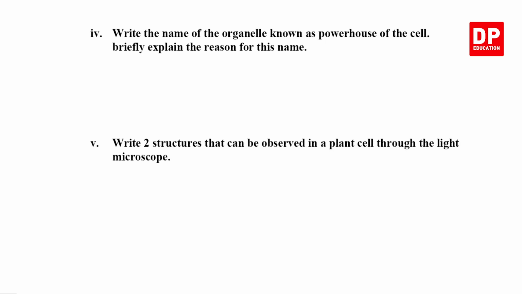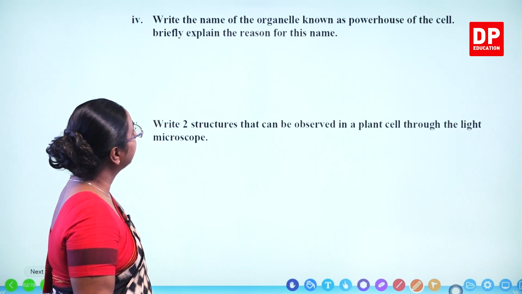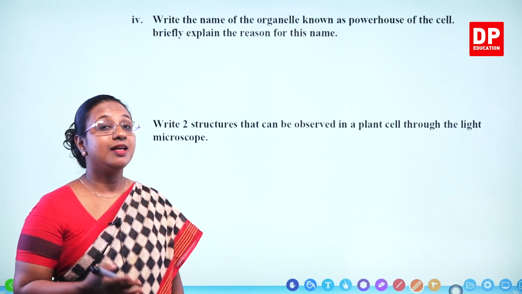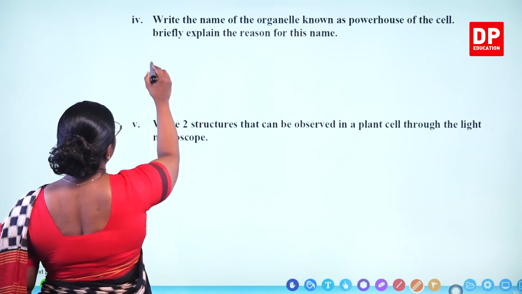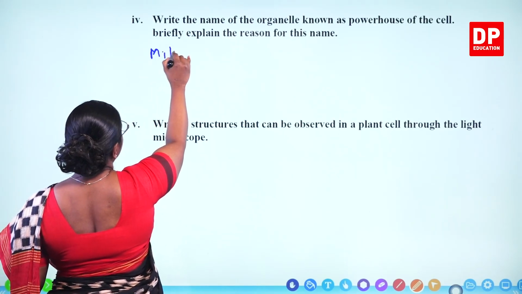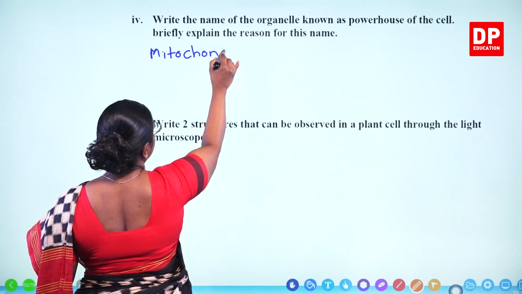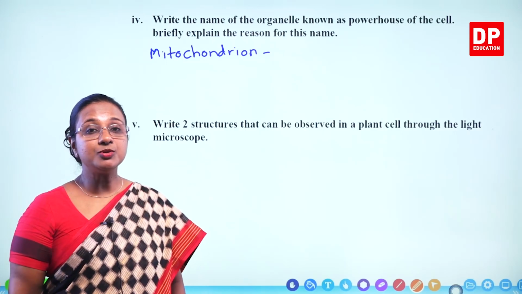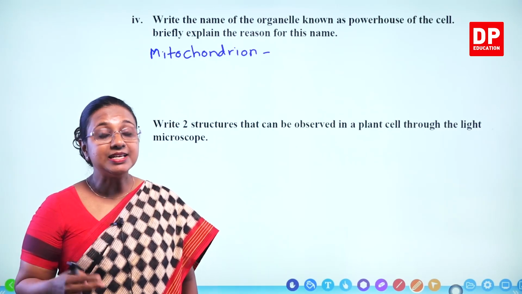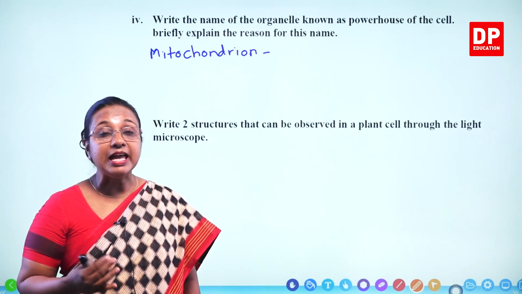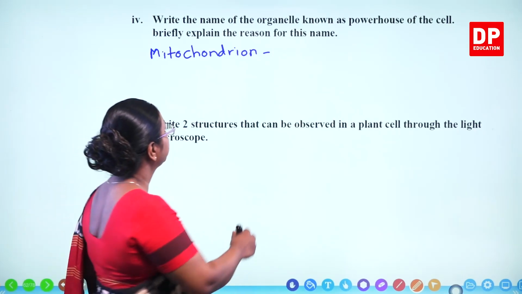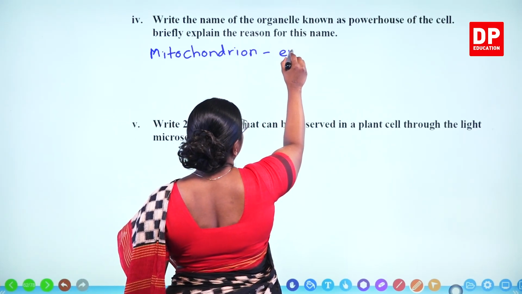Write the name of the organelle known as powerhouse of the cell. Briefly explain the reason for this name. What is known as the powerhouse? The mitochondria. So here we will say mitochondria. And why do we call it the powerhouse? Because energy is produced during aerobic respiration that takes place in mitochondria. So here I can say energy